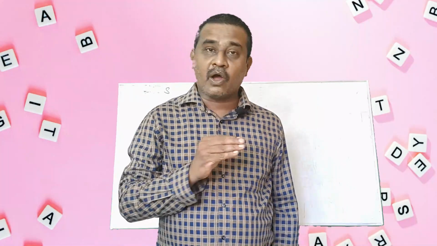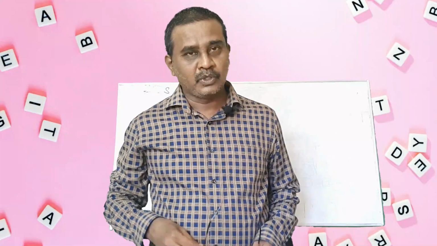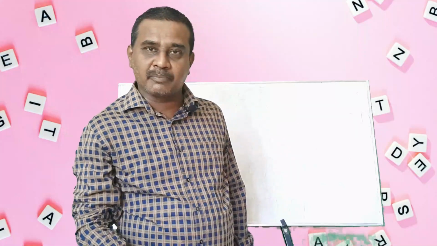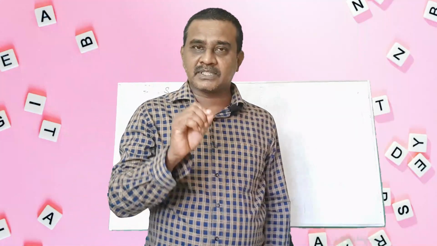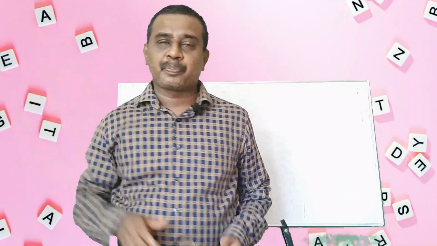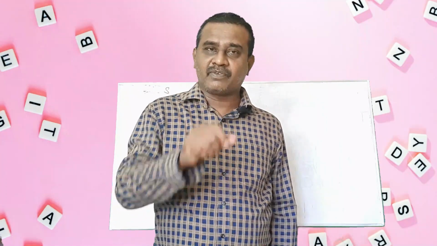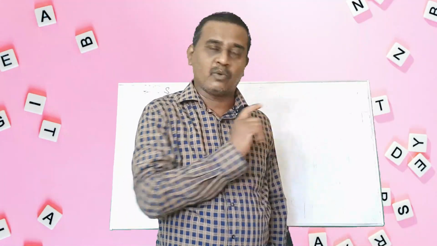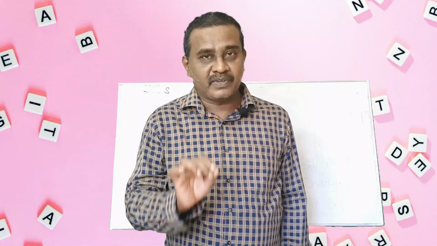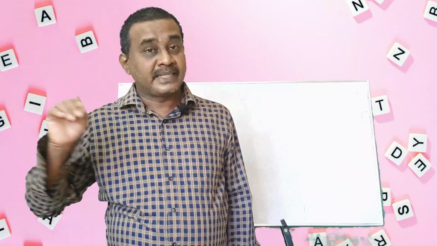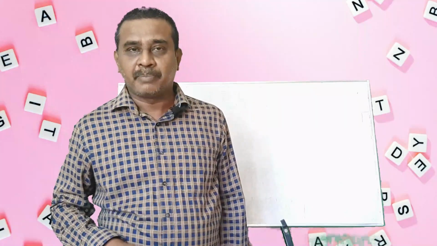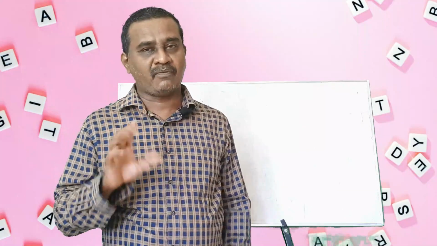In this sum, they have not given the opening capital. What to do? You have to prepare one statement of affairs with the figures given in the first column. That is called a statement of affairs of dash for the year ending dash. So you have to prepare one statement of affairs with the opening figures and calculate that opening capital. And after that, you have to prepare one more statement of affairs with the figures given in the second column. That is meant for calculating closing capital. And after that, you have to prepare capital account to find out the profit or loss.